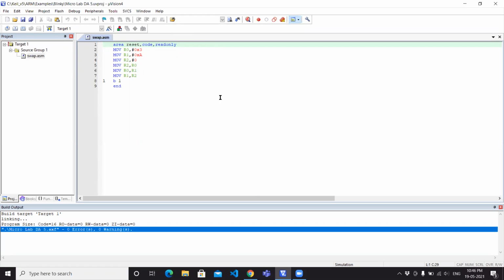So in this code, we have stored the code in the area region in reset, and in the next three lines we have stored the values 3, A and 0 in the R0, R1, and R2 registers. To swap this, we have taken R2 as a temporary variable, and we are storing the value of R0 into the R2 register, then the value of the R1 register into the R0 register, and the value of the R2 register in the R1 register. By this sequence, we are swapping the values of R1 and R0.